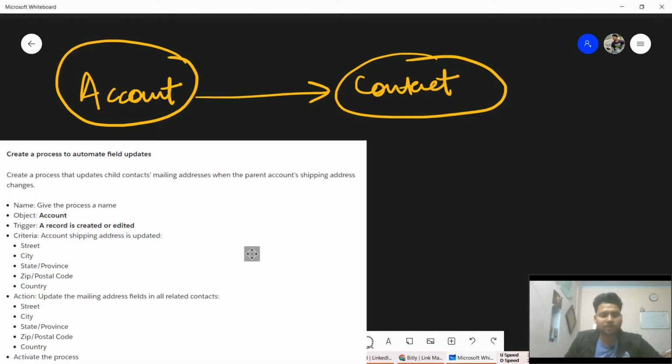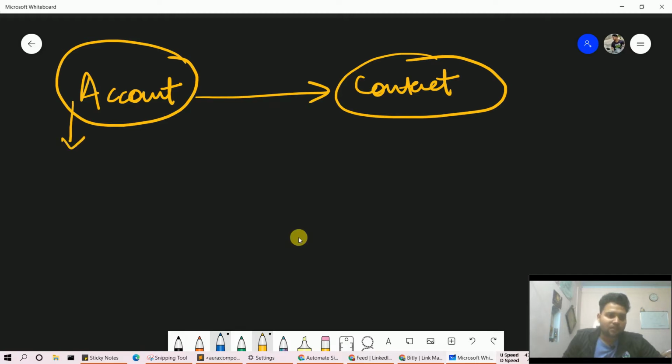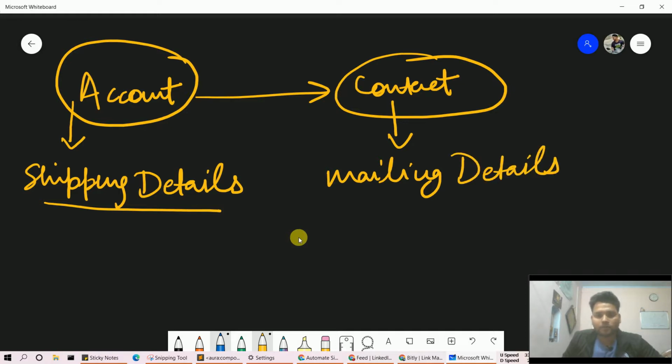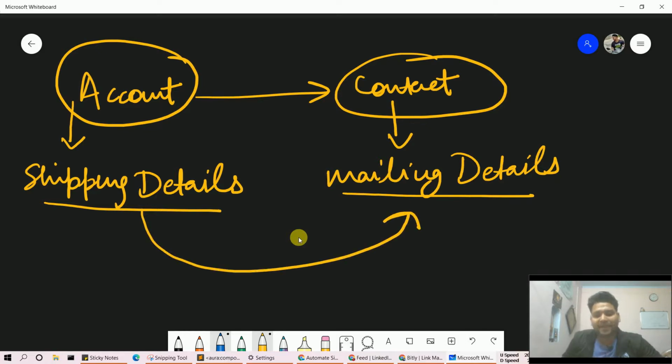So as per the scenario you can see on the screen, if someone changes the shipping details of the account, then we have to change the mailing address or mailing details of this contact to the shipping details. Means the mailing details of the contact should contain the shipping details of the parent account. So this contact is related to the account.